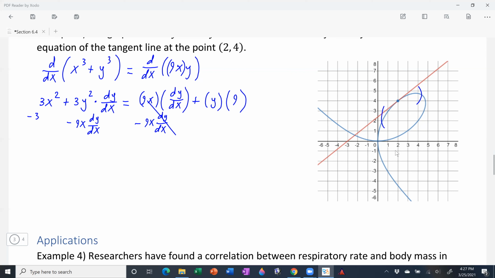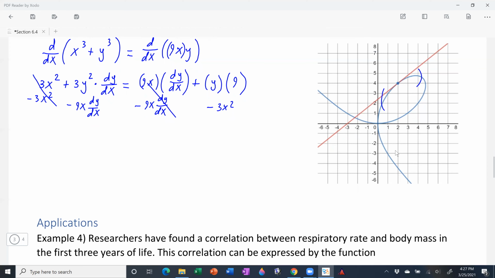And then I need to get rid of this one from that side. Okay, so then over here, we're going to get 3y squared dy/dx minus 9x dy/dx